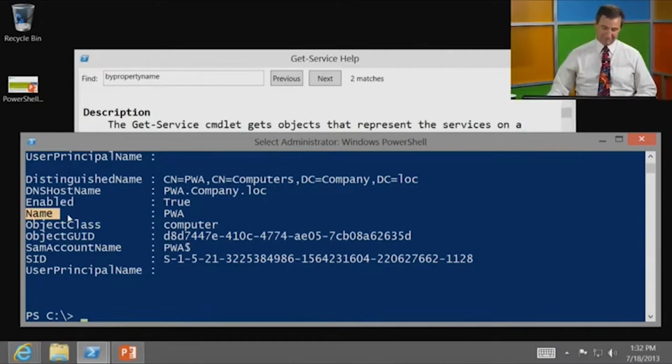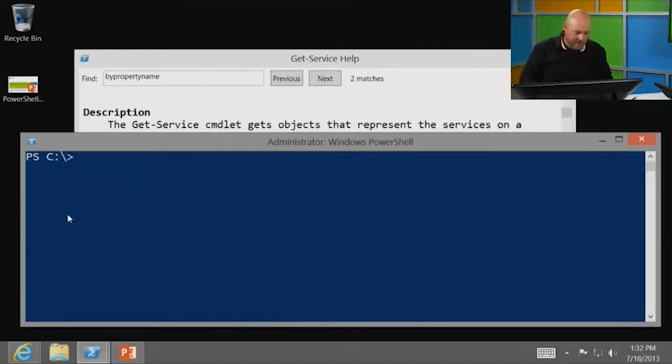You want to show them? You want to show them? I don't have AD computer. Oh, you don't have AD computer. Well, let me show them then. So,